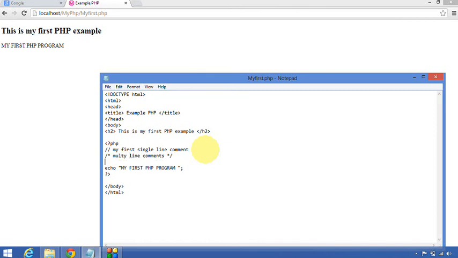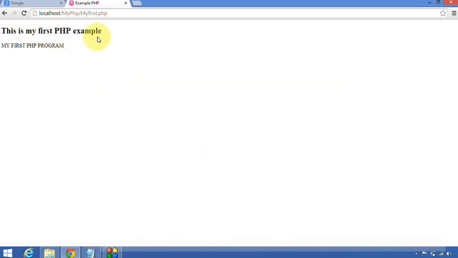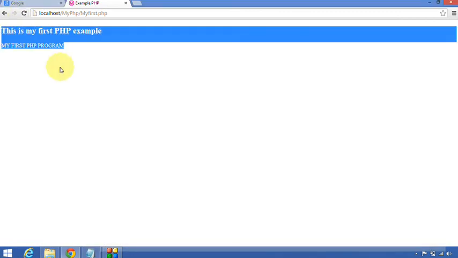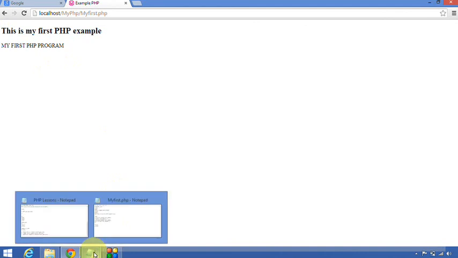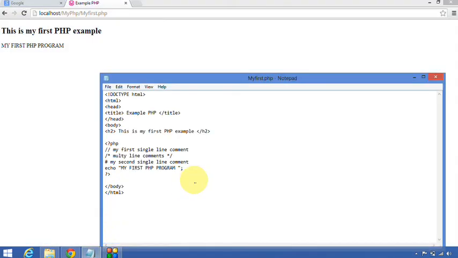Okay, we'll try hash as well. Hash, my second single line comment. Okay, let's save it. Yeah, here you go. We can't see comments on the screen. These are the different ways we can use comments, I mean, the types of comments.